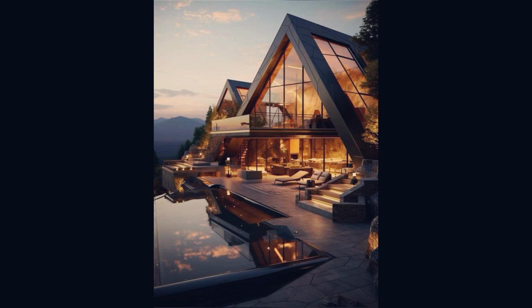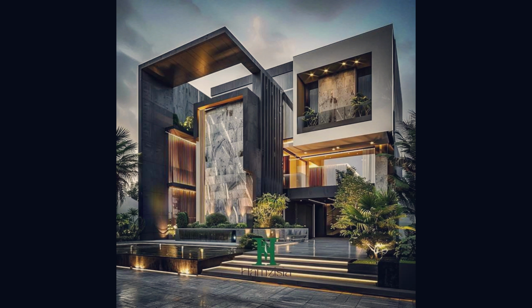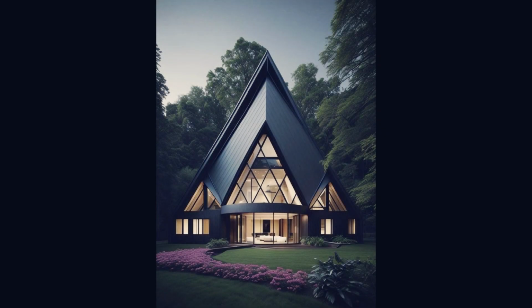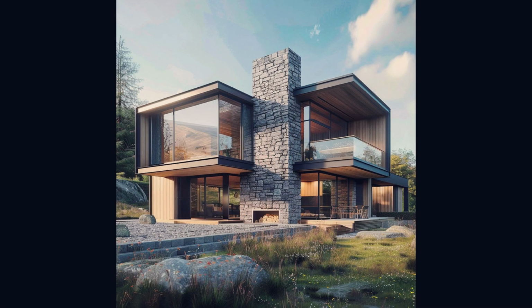The furniture is intentionally designed to be both beautiful and functional, favoring ergonomic forms and innovative designs that maximize comfort. Color schemes typically emphasize light tones, with occasional bold accents that bring a lively touch. Additionally, this design philosophy embraces sustainability, utilizing energy-efficient solutions and eco-friendly practices in construction. Through a careful balance of simplicity, comfort, and environmental consciousness,